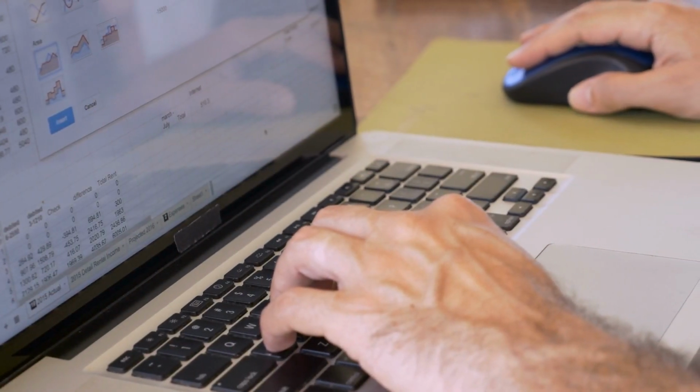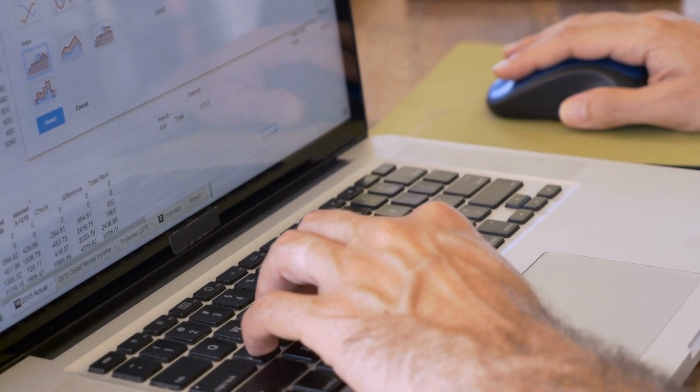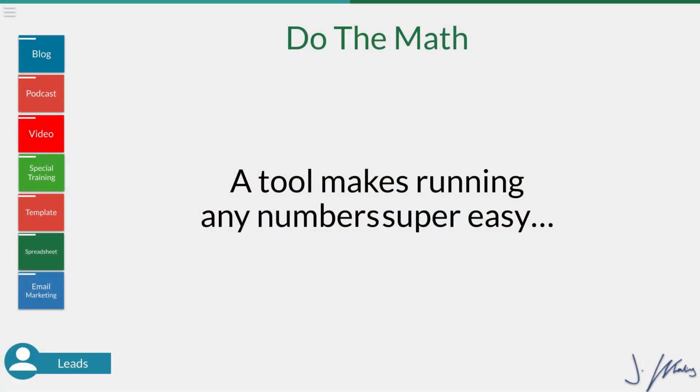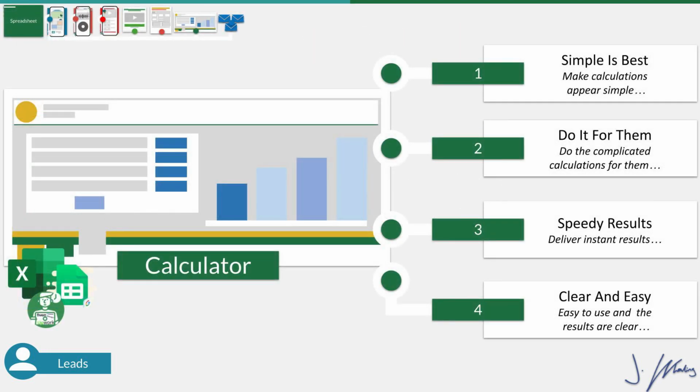So while it's one of the hardest ones to put together, it can also be one of the most valuable, and that is because most other people who are trying to generate leads don't want to go through the headache of creating a spreadsheet. And one of the best ways to use a spreadsheet is, of course, to do math for your ideal customer. Now, of course, this might not fit every niche or industry, but what's great is nobody really likes doing math. And if you can put together some sort of very simple Excel sheet or Google Sheet where they can plug in their information and all of these calculations are automatically done for them, that will be